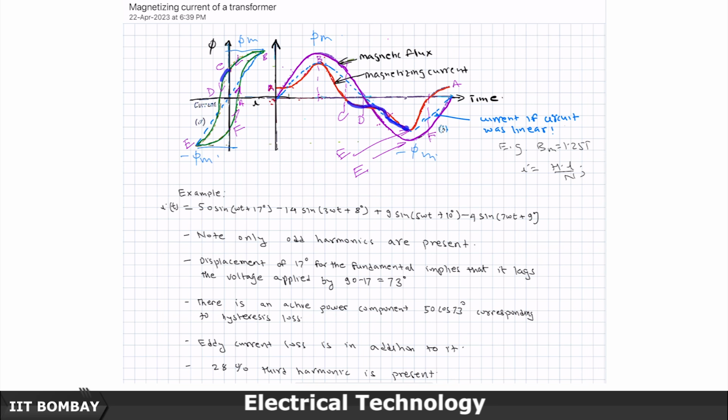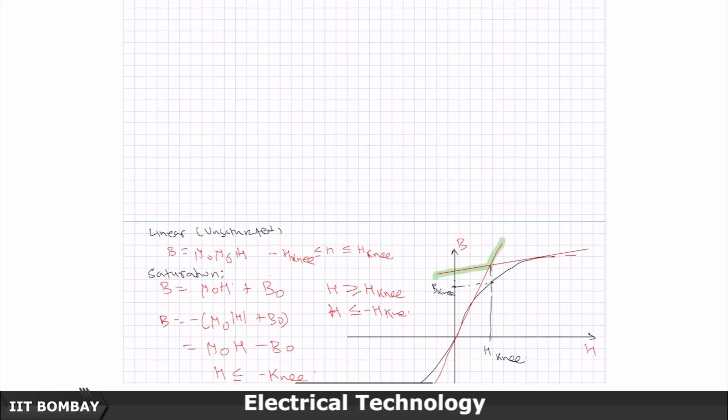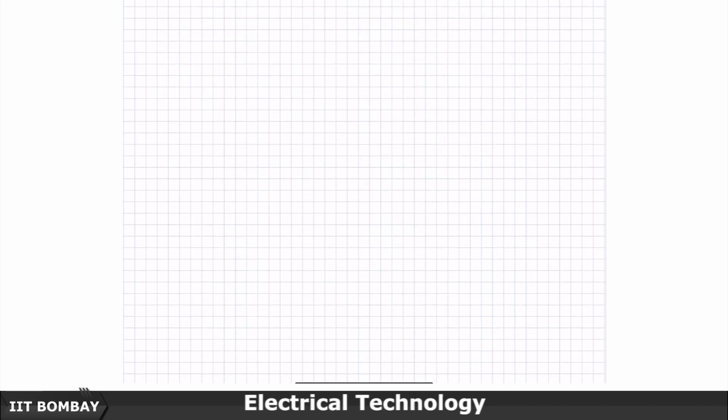the negative half cycle has an odd kind of symmetry, right. I mean the negative half cycle is a replica of the positive half cycle, and you get something like this. So, this current curve is not sinusoidal, and in what way would you have got a sinusoidal current? You would have got a sinusoidal current